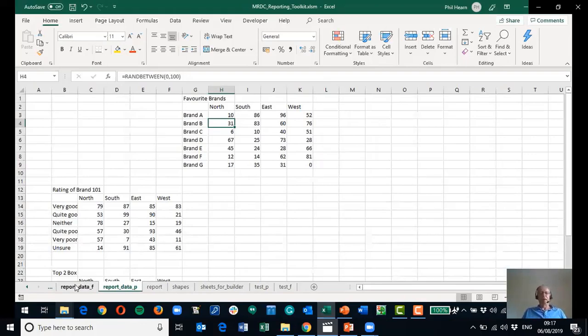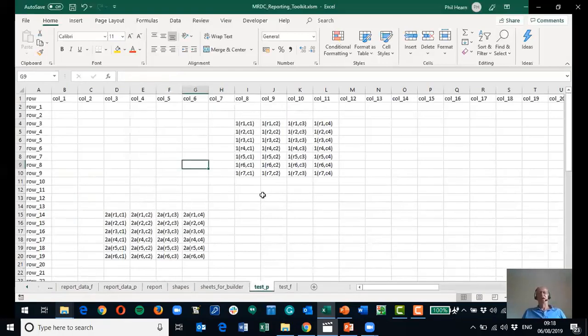And we do that by having an almost mirror image sheet that looks like the figures and the percentages sheet here in another sheet, and I've called those test underscore P for the percentages, test underscore F for the figures. And here's the percentages that we're pulling through to our report. Let's click on this, and you can now see we've got a sheet where it tells QPS in this case